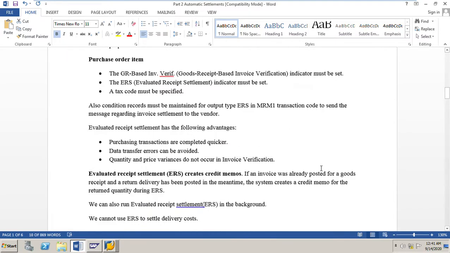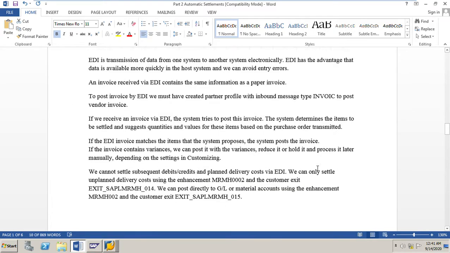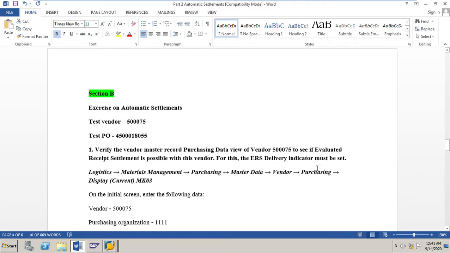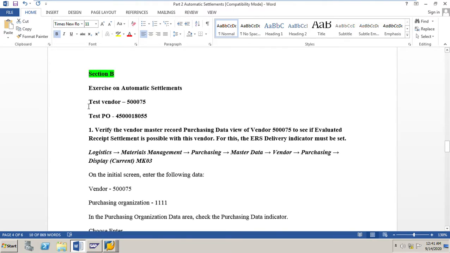Now we will go to the exercise sheet here. This is our exercise sheet. We have a test vendor 500075. We have a test PO 4500018055. We know that the prerequisite for posting an invoice using ERS is that the ERS delivery indicator must be set in